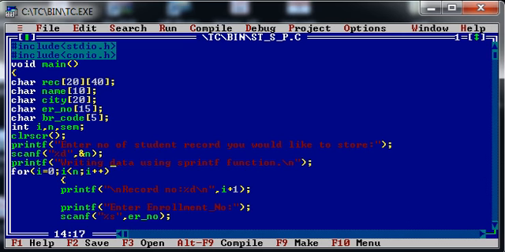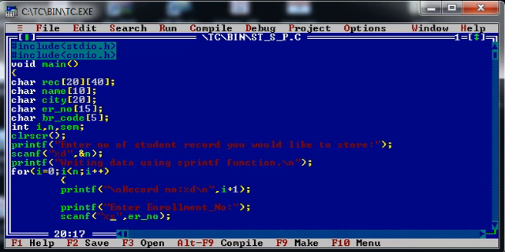So for example, if I have these 5 attributes, and with the help of these 5 attributes I would like to create one record, that can be generated using the sprintf function. That is why I have taken 5 attributes of a student, so that it can be easily understood.